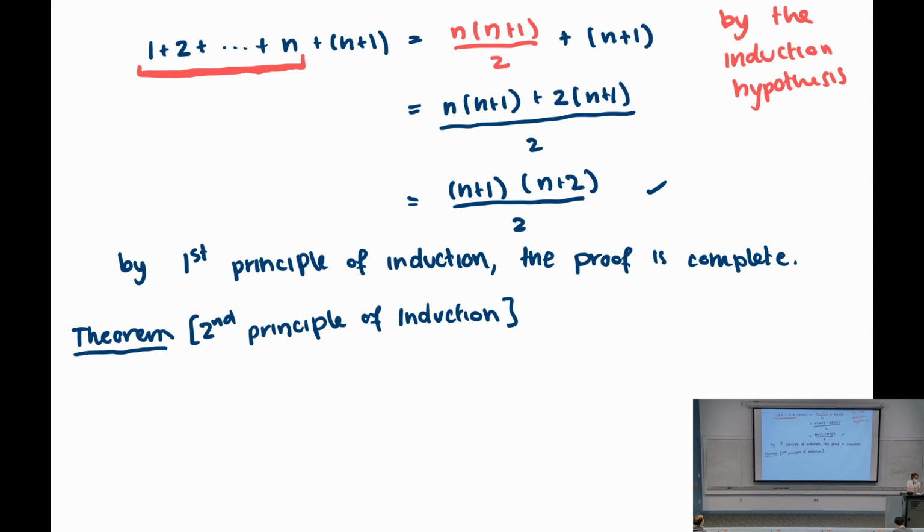In many cases, the assumption that a statement is true for one integer n doesn't readily yield a proof that the statement is true for n plus 1. It can be more convenient to assume that all numbers less than or equal to n satisfy the assumption in order to get the statement for n plus 1. This is equivalent to induction. It's not actually stronger or anything, but it is usually called strong induction.